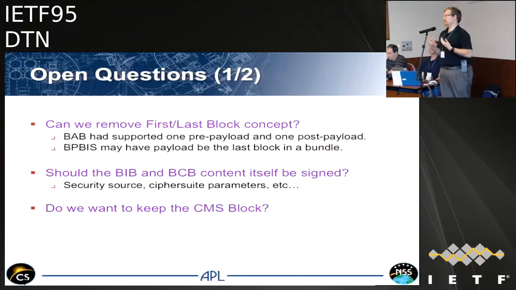And you know, the analysis right now is saying, well, we can detect if something has changed, but the result is going to be the same. If you change something and we detect it, or you change something and we don't detect it, you're going to fail the authentication either way. The question is, is there value in understanding why you failed the authentication? Either because your BIB was changed or because the security target was changed. And that's probably going to be one of the other questions that we posted on the list.